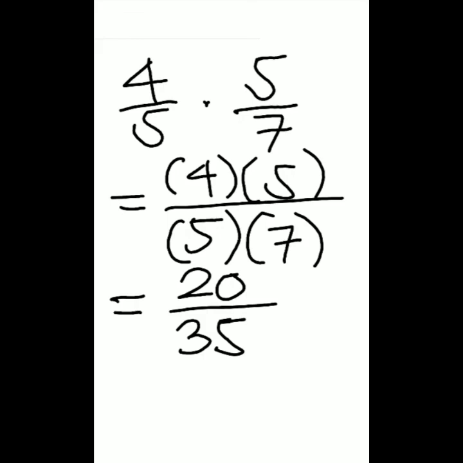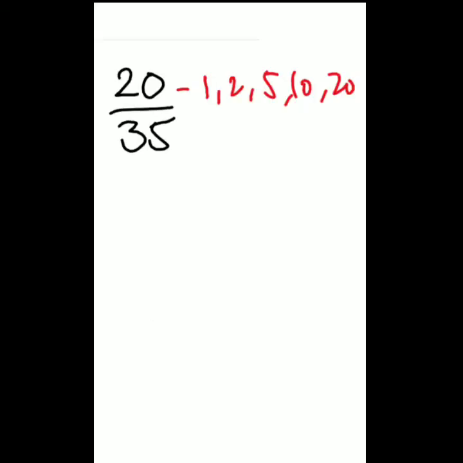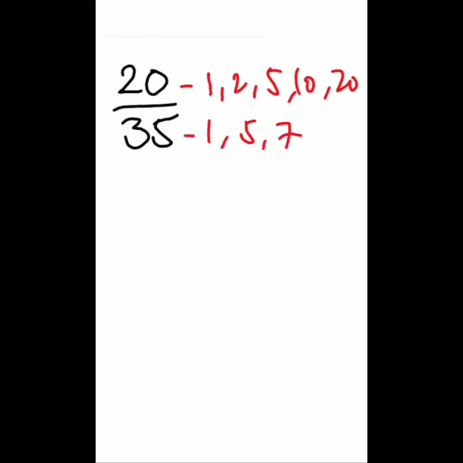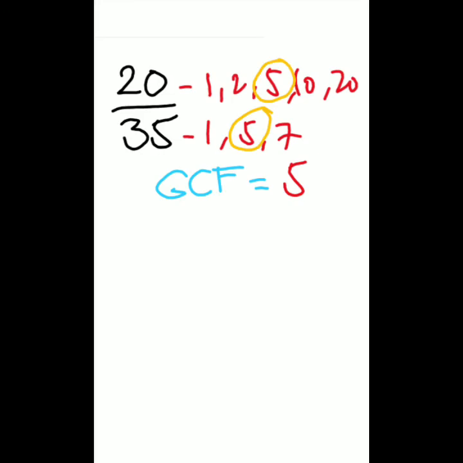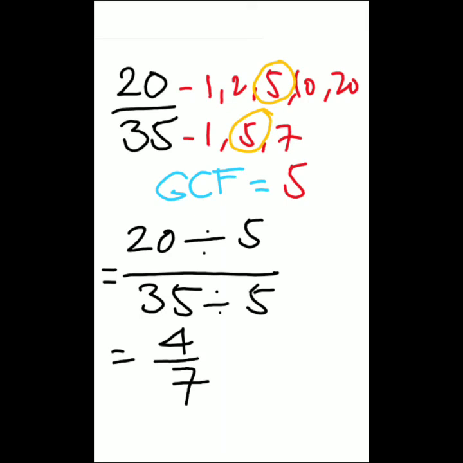We can further simplify the fraction 20 over 35 by dividing them both by the GCF. To get their GCF, let us again list down their factors. The factors for the numerator 20 are 1, 2, 4, 5, 10, and 20, while for the denominator 35, these are the factors 1, 5, 7, and 35. In the factors shown, the GCF is the number 5. If you divide both the numerator 20 and the denominator 35 by 5, the simplified and final answer will be